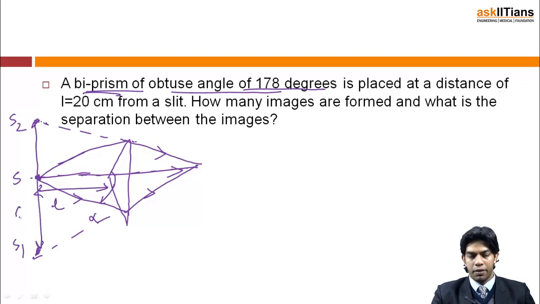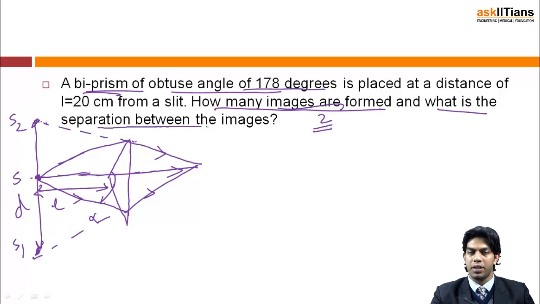So basically, first, how many images will be formed? Obviously I'm going to get only 2 images. Now I need to find out what is the separation between the images. That is, finally I need to find out the value of d. Now,